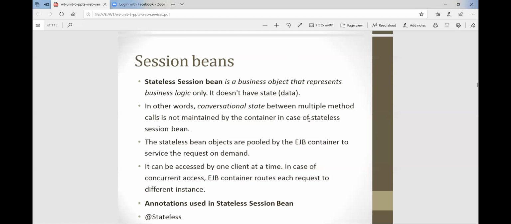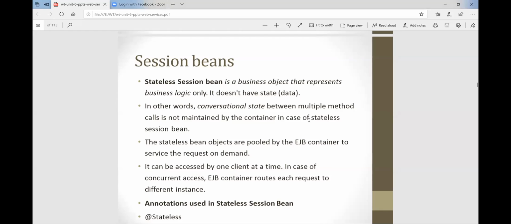Next is session bean. Basically the first type, stateless session beans. It is a business object that represents business logic. It does not have any data, it only has the business logic, right? In other words, conversational state between two method calls is maintained by the container.